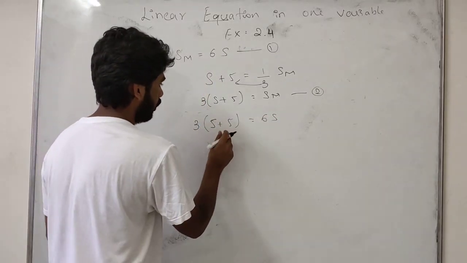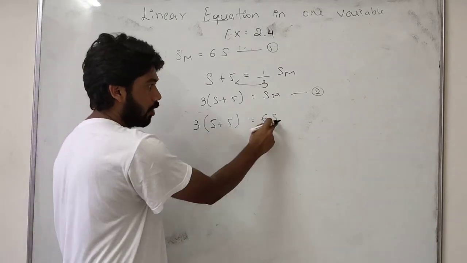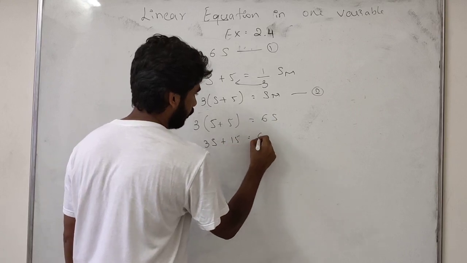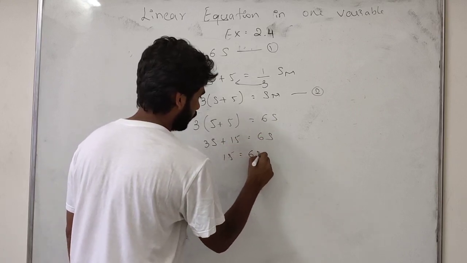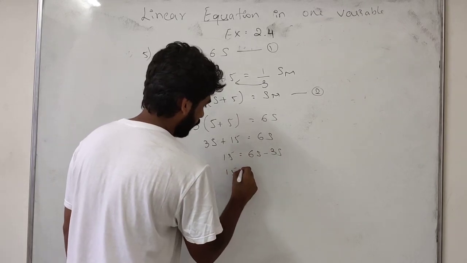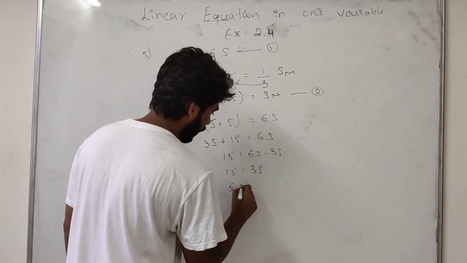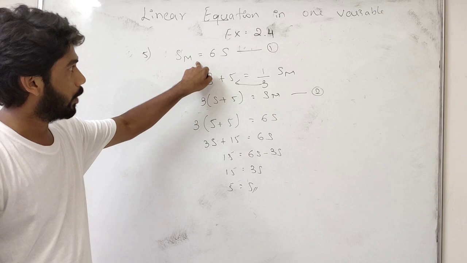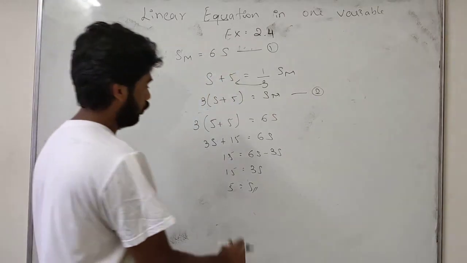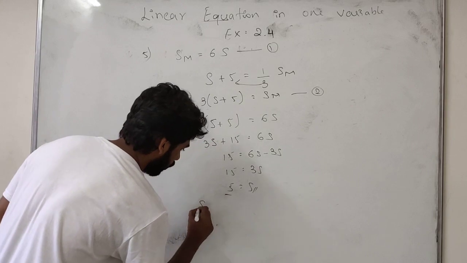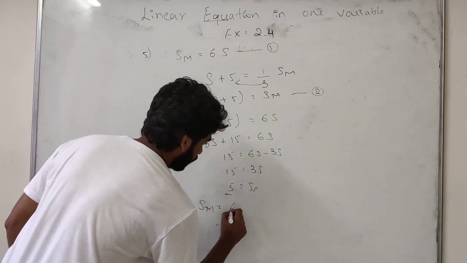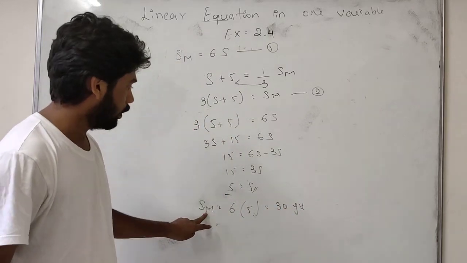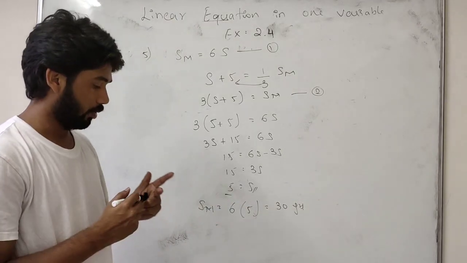Now I can find the x value. So 3x plus 5 times 3, that is 15, is equal to 6x. 15 is equal to 6x minus 3x. 15 is equal to 3x. So x is equal to 5. Shobha's age is 5. We can find Shobha's mother's age by putting 5 for s. Shobha's mother we get as 6 into 5, which means 30 years. Shobha's mother's age is 30 years and Shobha's age is 5. Okay students, this is the required solution.